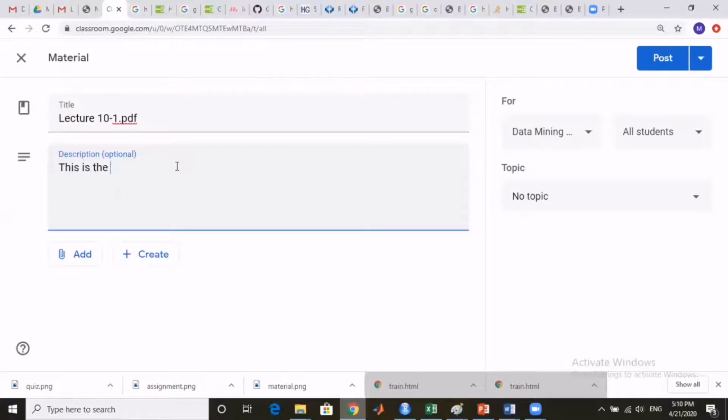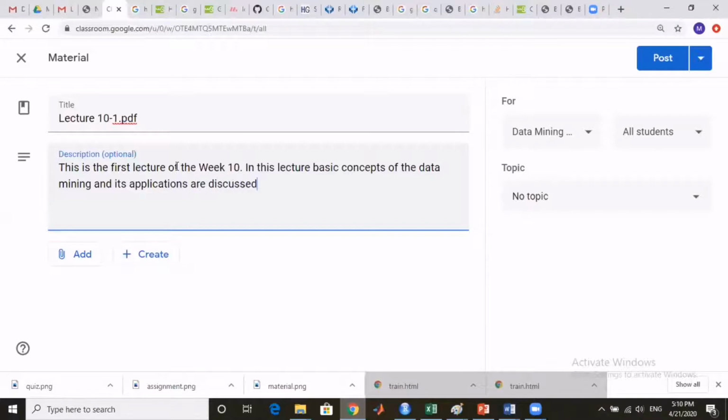This is the first lecture of the week 10. In this lecture, the concepts of data mining and its applications are discussed.